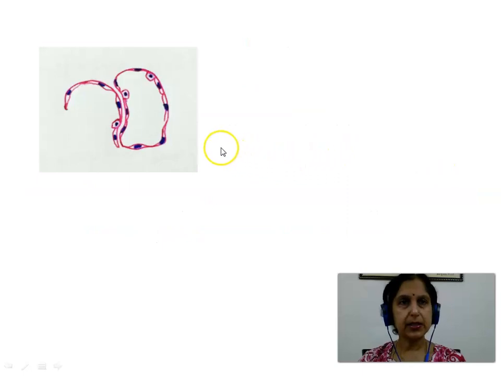This here is a diagram of the alveoli. What we see here is the alveoli are lined by simple squamous epithelium along with the type 1 and type 2 pneumocytes. These are the type 1 pneumocytes, squamous cells, and these here are the type 2 pneumocytes, which are rounded or cuboidal cells.